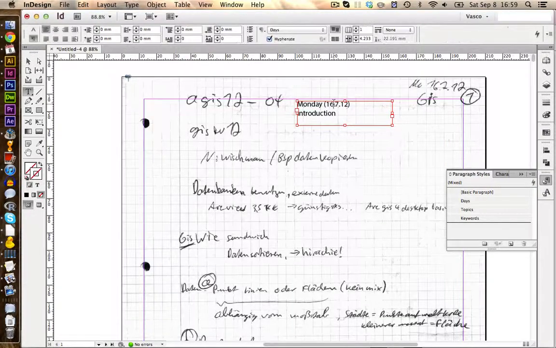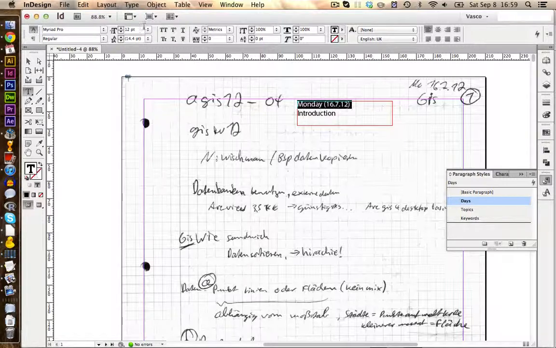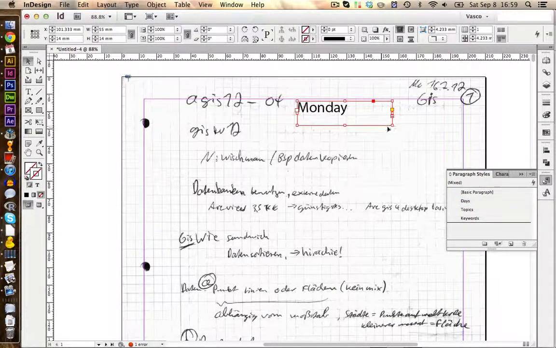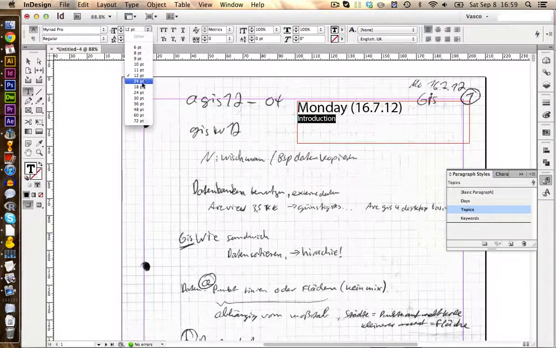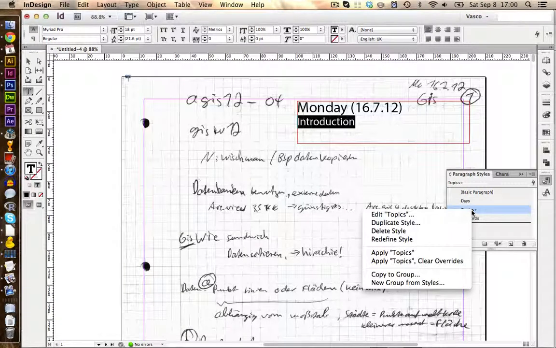As those are the headlines, you might want to have them a little bit bigger. So we click on the A over here and increase the size of the text. Let's rescale also our text frame. And also the introduction should be a little bit bigger. Like this. Now we click on our paragraph style.